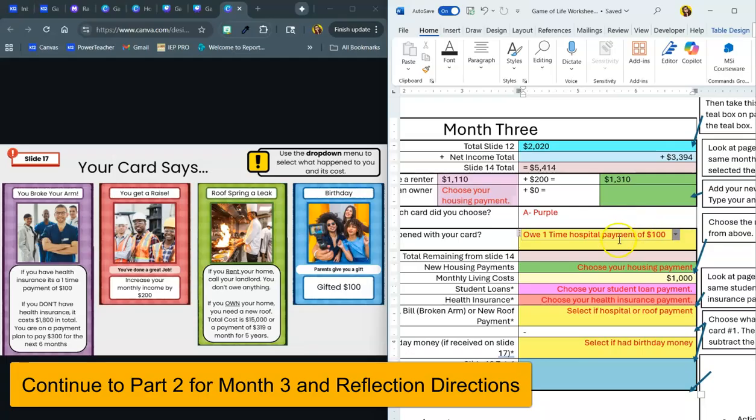So I owe a one-time payment of $100 for mine. So now